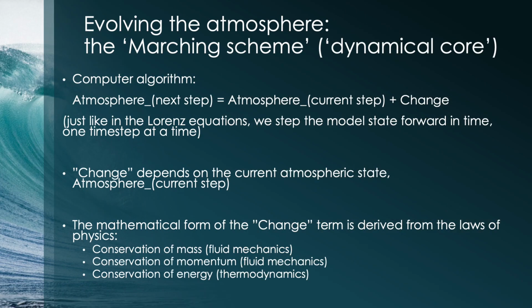Then the other component is called the marching scheme. So we take this discretization, that makes our climate a finite set of numbers. Like you could list them all. Like here's all the variables of the climate. And it would be millions of numbers, but it's still a finite list. It's not infinite. And we put that into a computer code, and what the computer code does is it takes